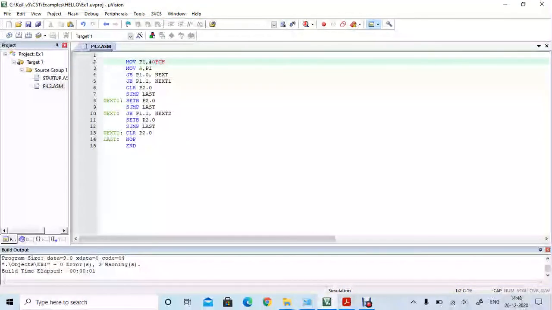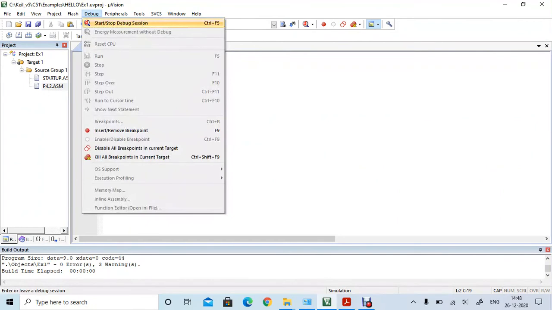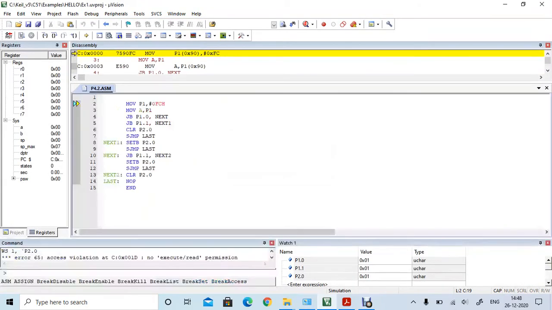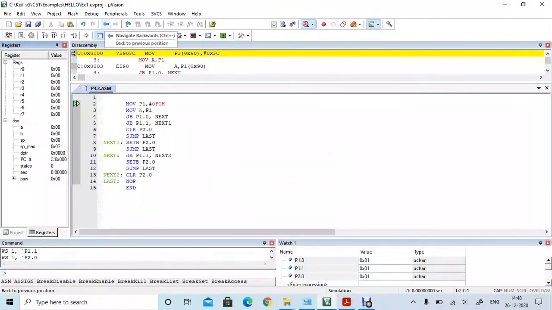Next program we have is to illustrate the XOR truth table. The program is written and saved with the .asm extension, and then we add the program file to the project window, and then we have to build the target. Click on the program file and press F7 on the keyboard. Then go to debug, start stop debug session, and in the watch window give the 3 expressions for port 1